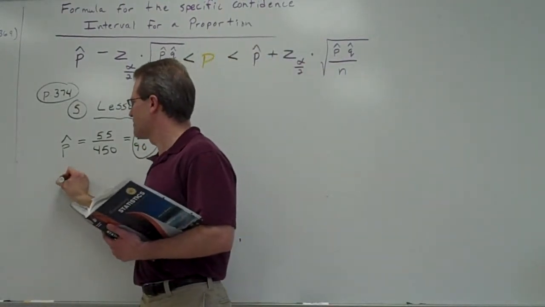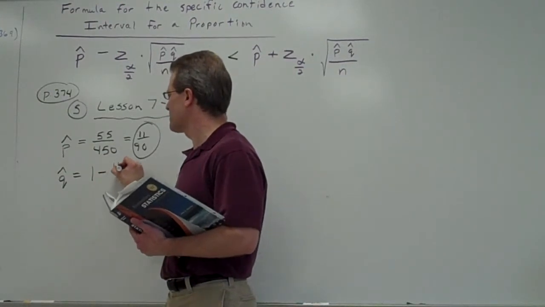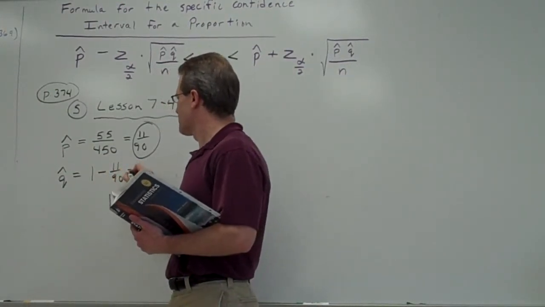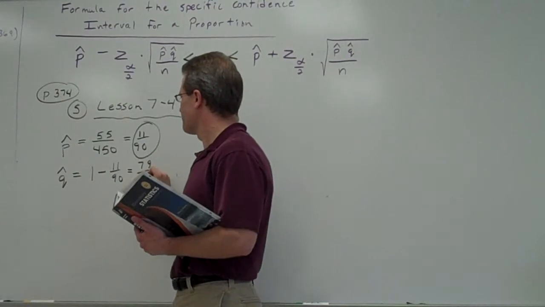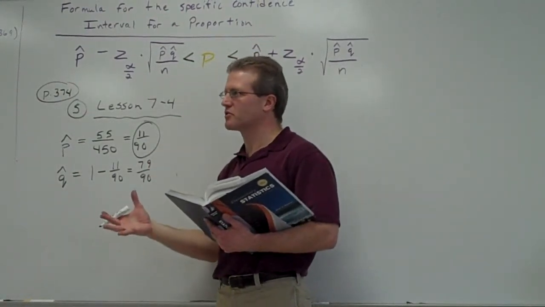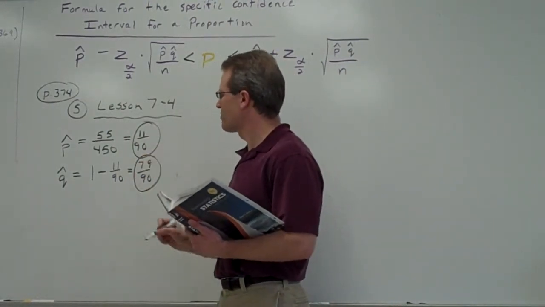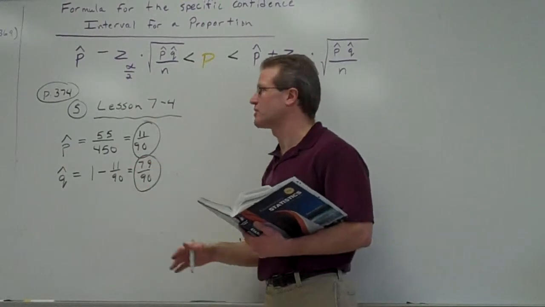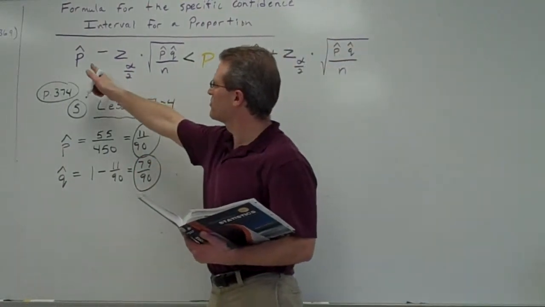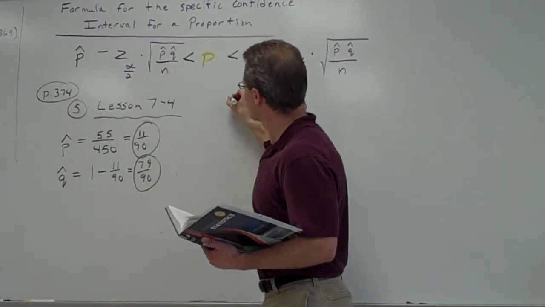My Q hat is going to be 1 minus P hat. So 1 minus 11 90ths comes out to 79 90ths. And if you use a decimal, that's fine too. But I wouldn't want to round my decimals too much, because that would throw my final answer off. So I'm going to stick to these fractions. But if they came out as nice decimals, you could just use decimals. Let's go ahead and use our formula now. So P hat is going to be 11 90ths